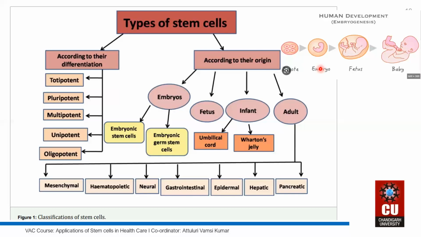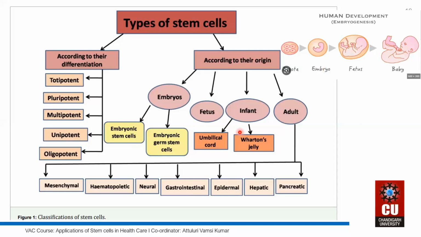I cannot say embryonic, rather we will say the stem cells present in the umbilical cord. Still, there are some mesenchymal stem cells. Some pluripotent stem cells are present in the umbilical cord, and those cells are able to differentiate into multiple types of cells. So that's why we are encouraging collecting the umbilical cord stem cells, because